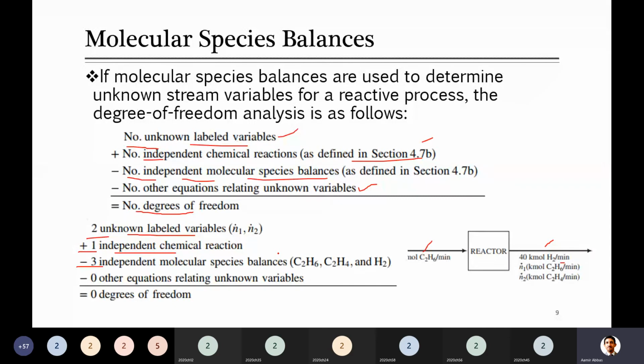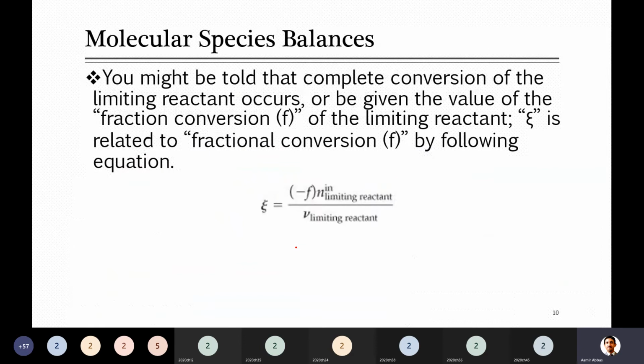So up to here, earlier you had just two simple things, but here two new things are involved, and that's it. Sometimes when you are applying the molecular balance on the species, this is a very helpful formula that relates the extent of reaction with the fractional conversion of the limiting reactant. This is from your textbook. In other books you will not find it. I have placed it here along with the molecular species balance. That's one relationship they have provided. You can use it directly.